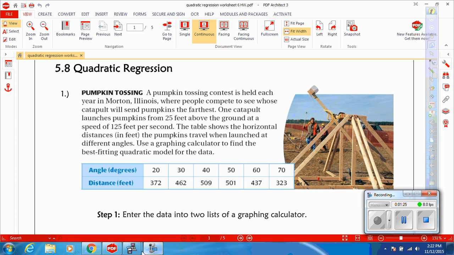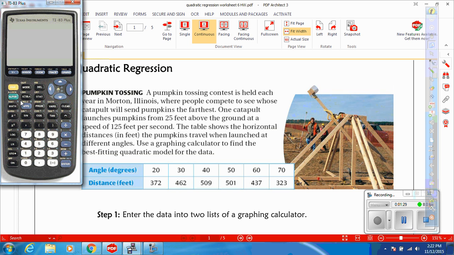So if you remember from linear functions, on our calculator, to put data in, we have to go to Stat and Edit, and then we can put all of our X values in the first column and all of our Y values in the second column. So we've got 20, 30, 40, 50, 60, and 70. And then I have to come over and put in my Y values: 372,